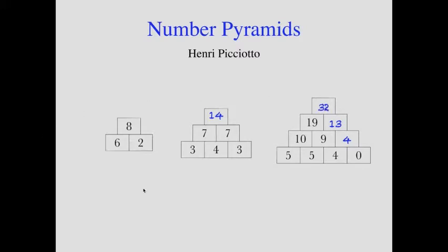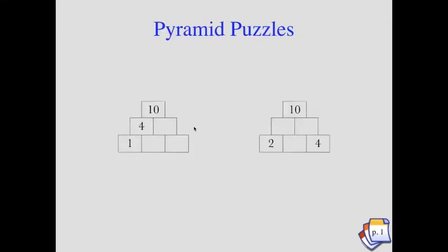So anyway, these are examples. This is a 2-row pyramid, 3-row pyramid, and a 4-row pyramid. And we're going to explore those in more depth using the worksheets. So a